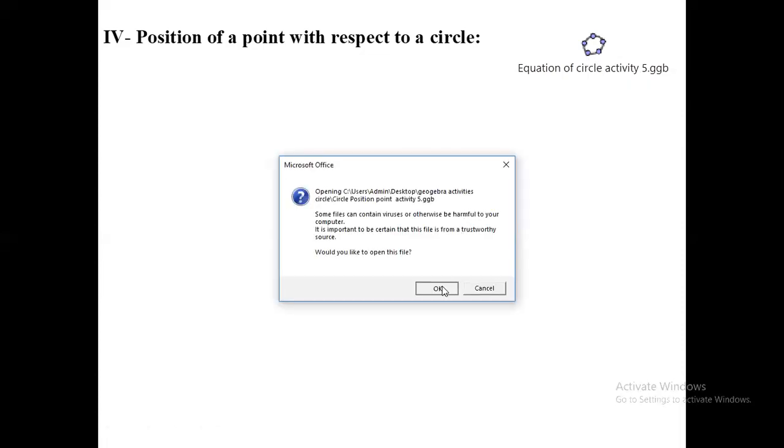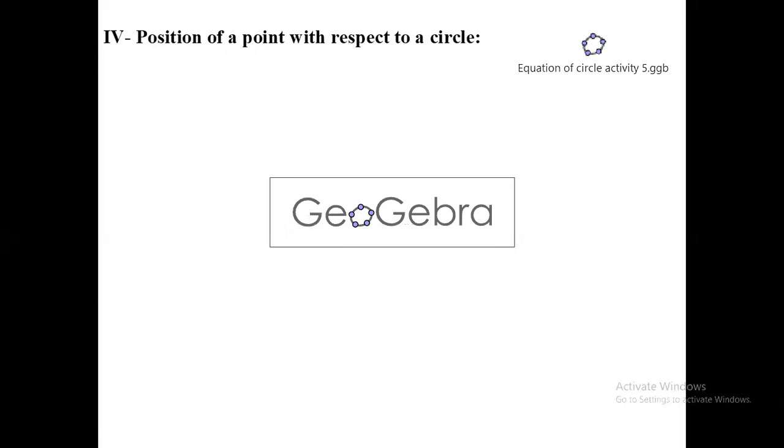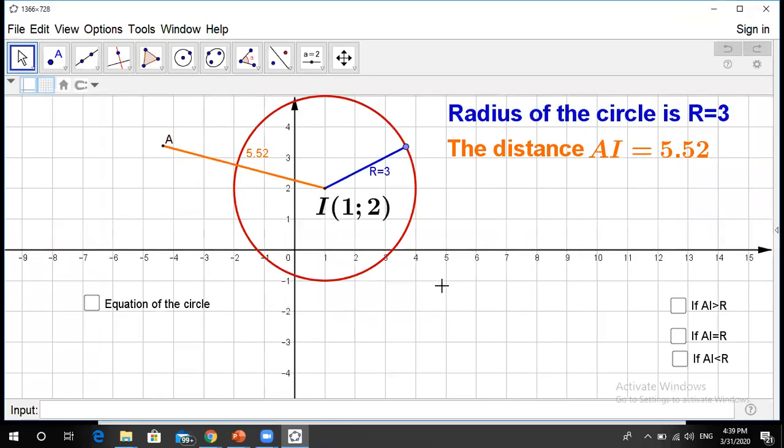Let me check this GeoGebra activity. As you can see, you have a circle with center I 1, 2, and the radius 3. What about the equation of the circle? Clearly here, if we apply the rule, the standard form, it's x minus 1 all squared plus y minus 2 all squared equals 9. As you can see here, A is a point whose distance from I is 5.52, and